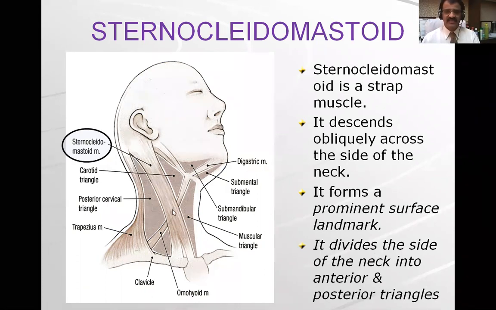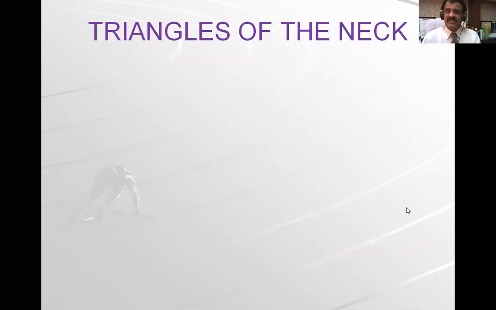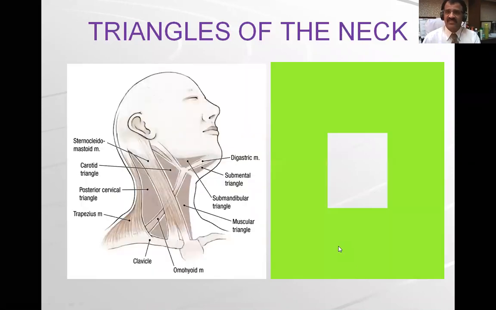You can see here this strap-like sternocleidomastoid. You can see the sternal head here, and the clavicular head here. Both of these heads together form the belly of this muscle, and one insertion tendon which goes to the mastoid process of the temporal bone. Here you can see the anterior triangle of the neck, and here the posterior triangle of the neck. The apex of both these triangles are opposite to each other. Don't forget this. This muscle is a very important landmark muscle in the division of the triangles of the neck.